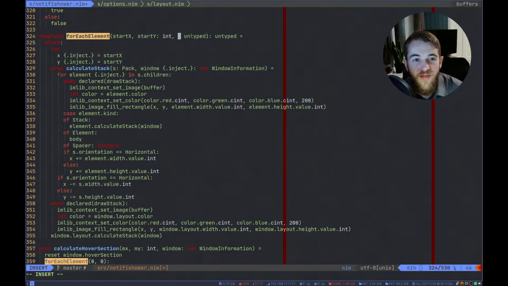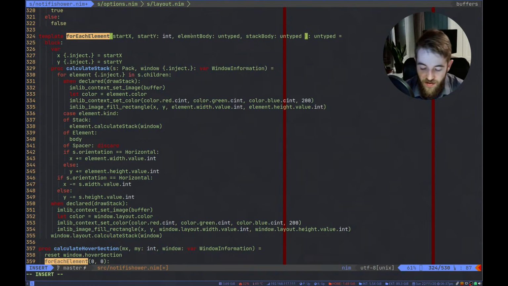So let's call this element body, and let's make a stack body, which is untyped, but I want this to have a default value, which I'm just going to say is an empty thing.